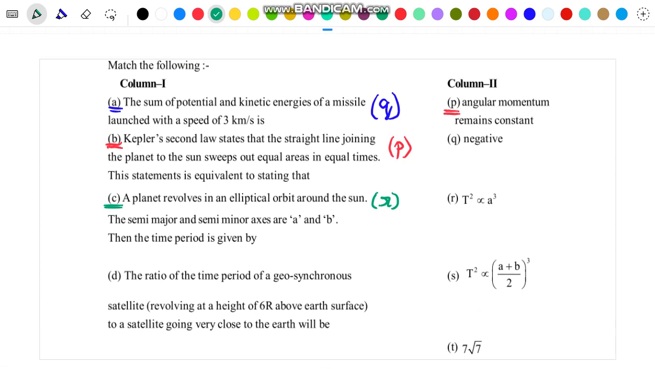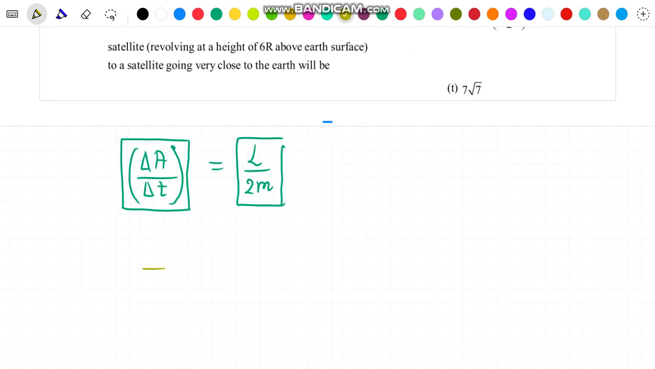Now for statement D, the ratio of the time period of a geosynchronous satellite revolving at a height of 6R above the Earth's surface to a satellite going very close to the surface of Earth will be, we know that the value of T square is proportional to r cube. So we can write the ratio of time periods to be equal to